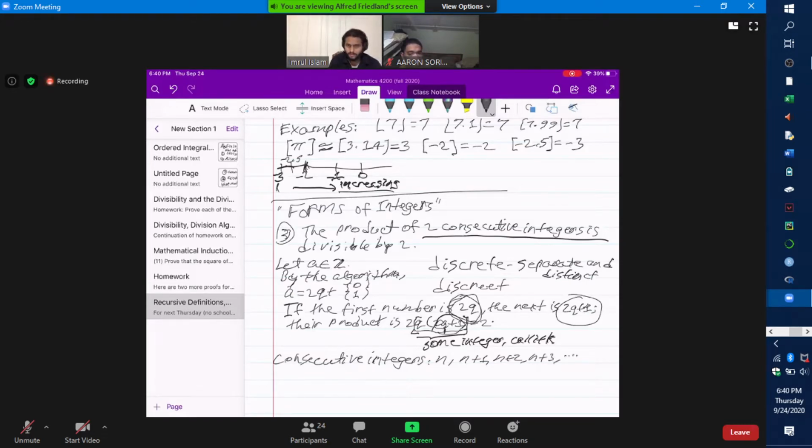So over here, what I said is, in this box over here, by the division algorithm, whatever number you have, a, if you divide by 2, it equals 2q, right? 2, the divisor, times a quotient, plus a remainder, which to save writing it twice, I wrote it this way, plus 0, or 2q plus 1. So let's look at the two possibilities. If over here, if the first number is 2q, then the next one is 2q plus 1. And so the product is 2q